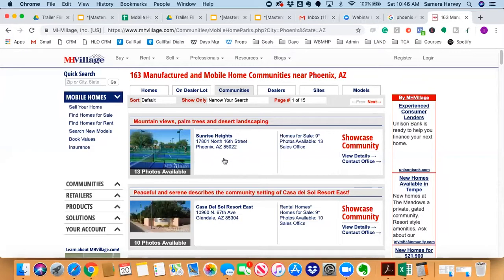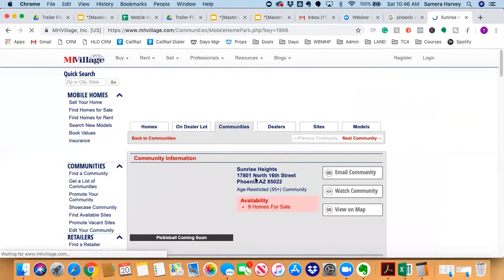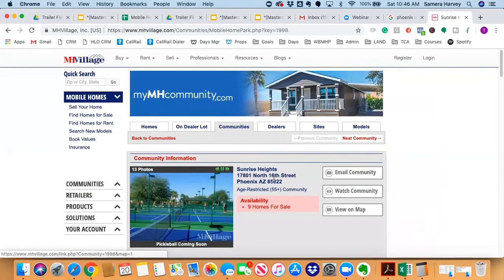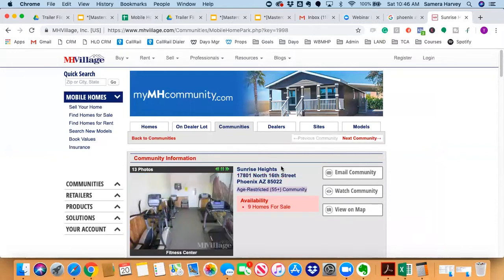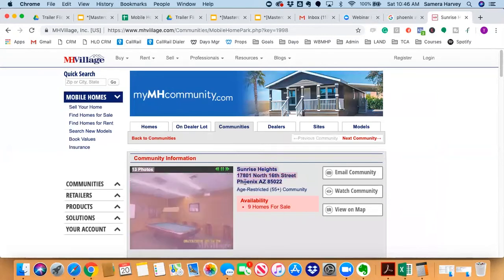They could be 1 or 2-star communities. So again, we're just taking the information here that we see. You can either take it from right here or click in, because you'll find out this is a 55 and over community. And you're just going to copy and paste the details. So you'll just copy the name, the address, the